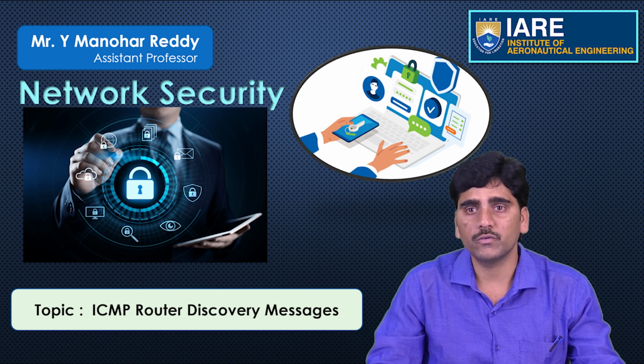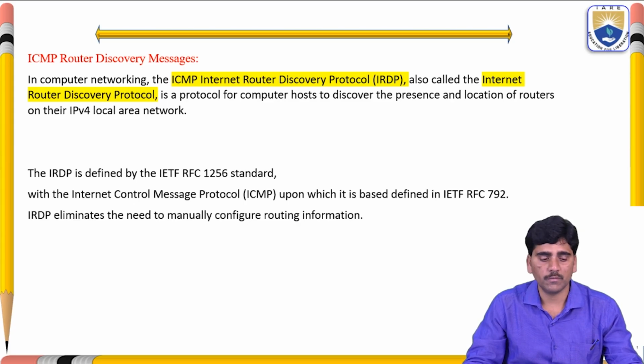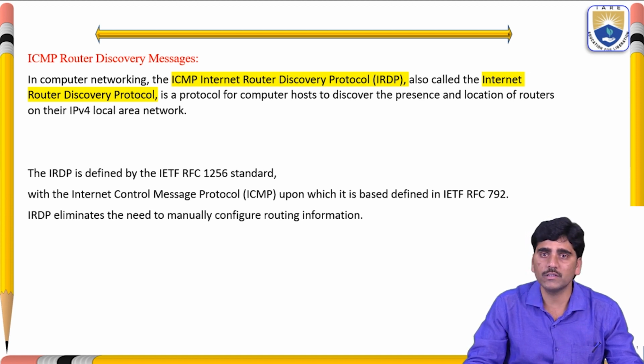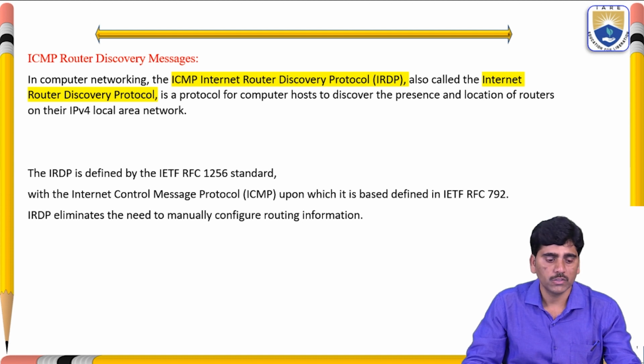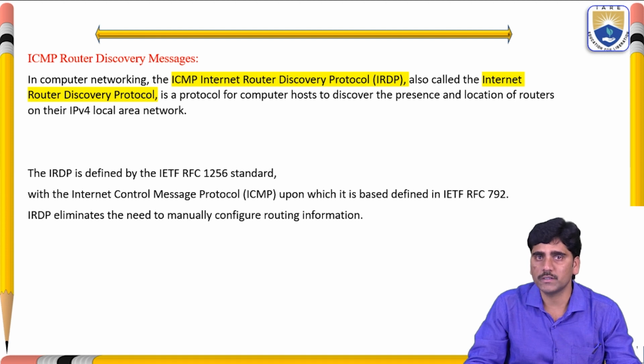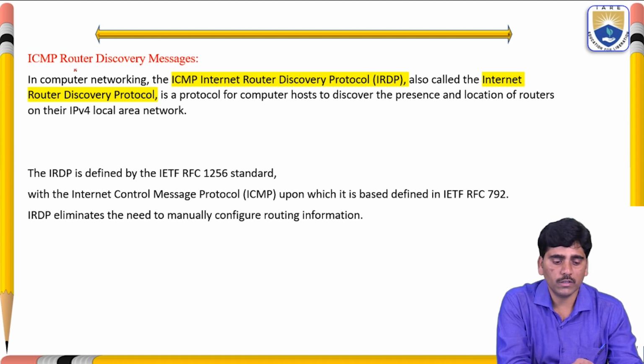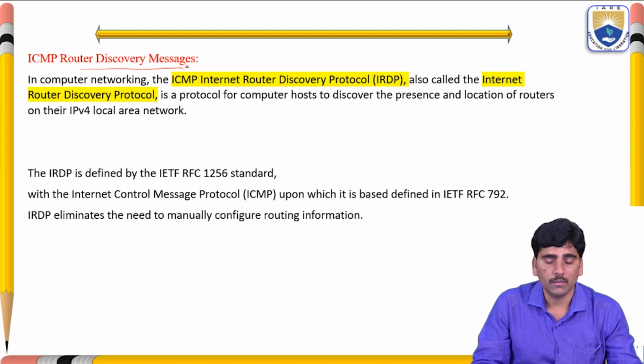Today I am going to explain the concept of ICMP router discovery messages. We already discussed ICMP messages. There are two types of messages: one is ICMP error reporting or correction messages, and the other is ICMP query messages. To inform about all these, ICMP uses informational messages. The router discovery messages are used to find whether a router is alive